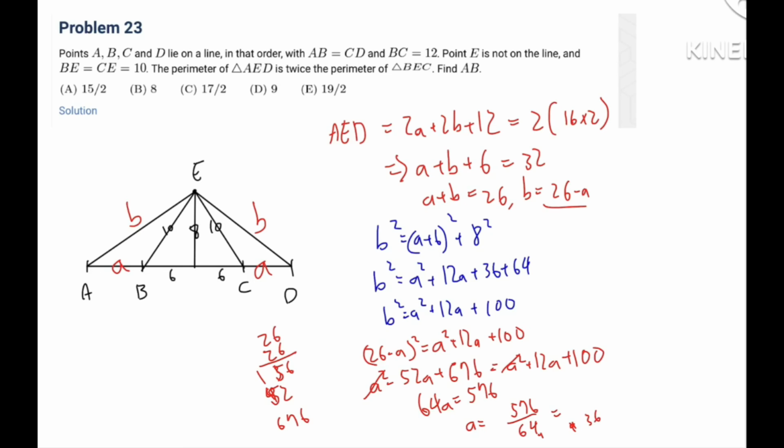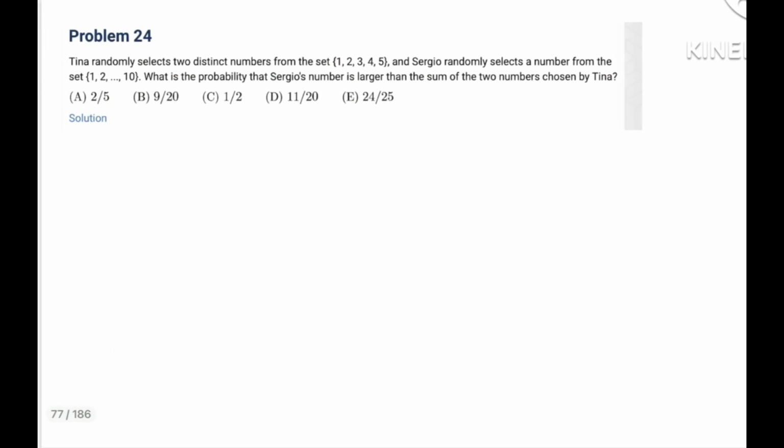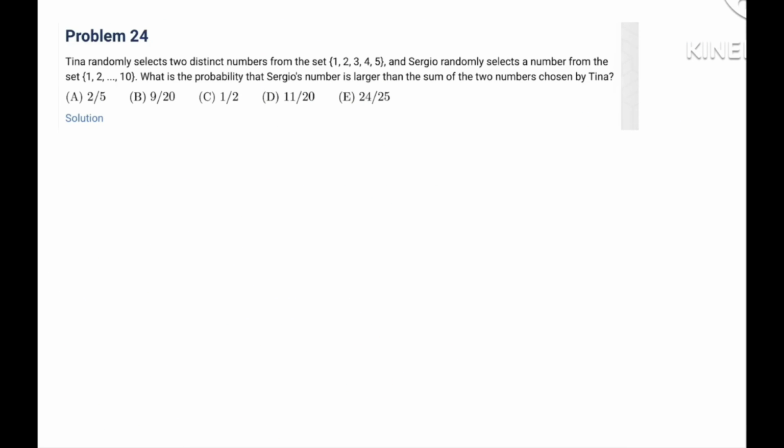36, 54, yes. So this is 9, so A would be 9. The answer is D. Problem number 24, Tina randomly selects 2 distinct numbers from the set 1, 2, 3, 4,